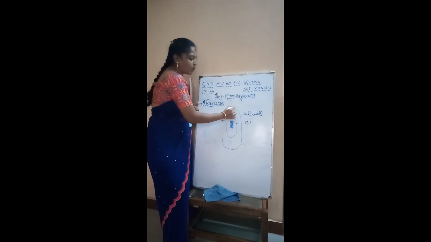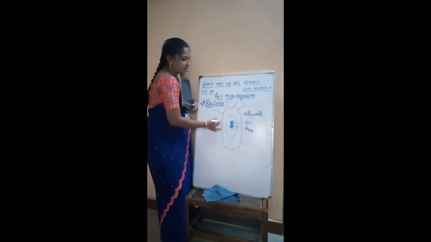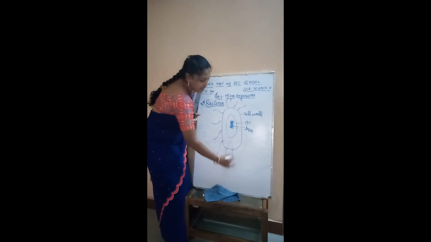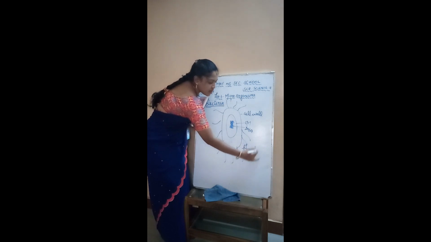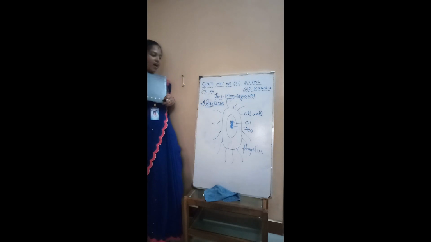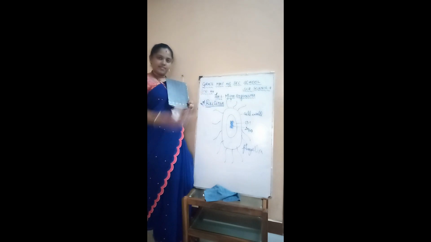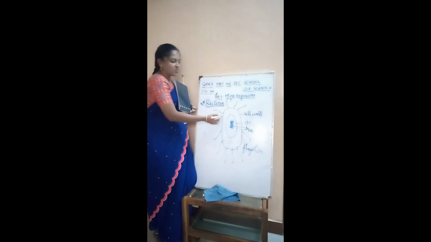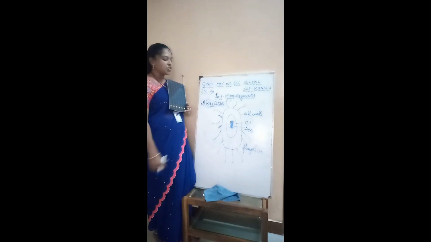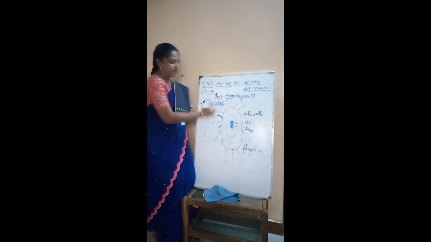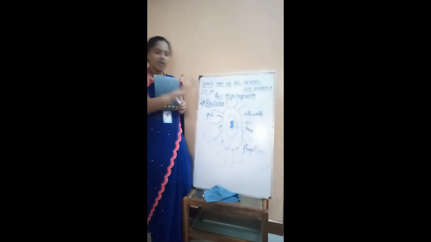Next, all over the body of the bacteria, you could see some appendages. These appendages are called flagella. You would have learned in your 6th or 7th standard, right? Flagella is nothing but the locomotory organ of the bacteria. Is it clear for you, children? And there are some small projections over the body of the bacteria. These projections are called villi. Any doubt in the structure of the bacteria? I hope you are clear with the structure.